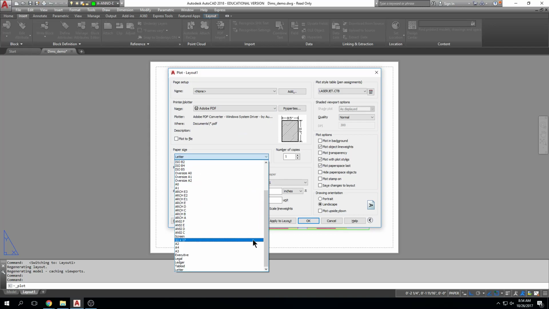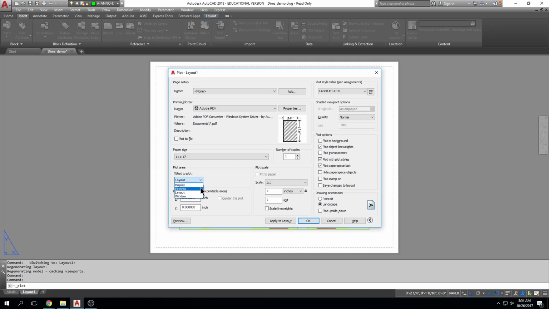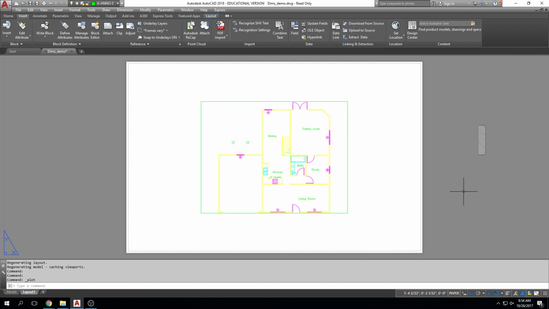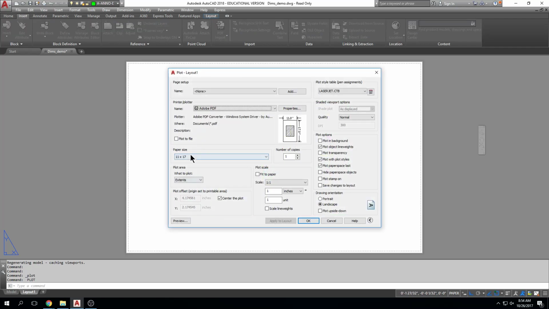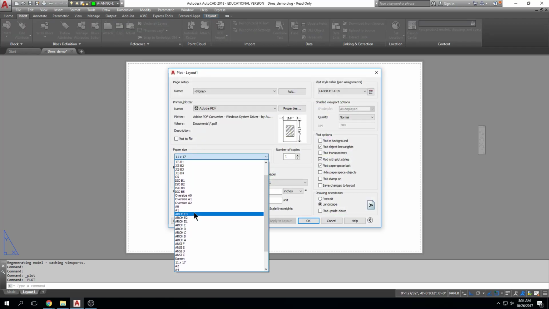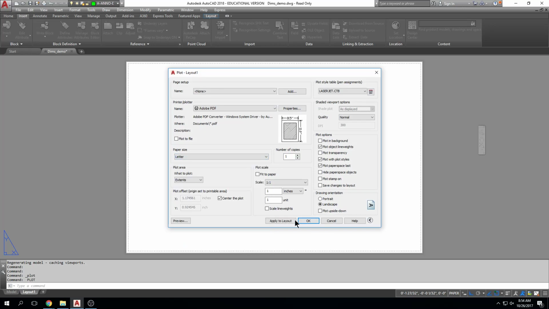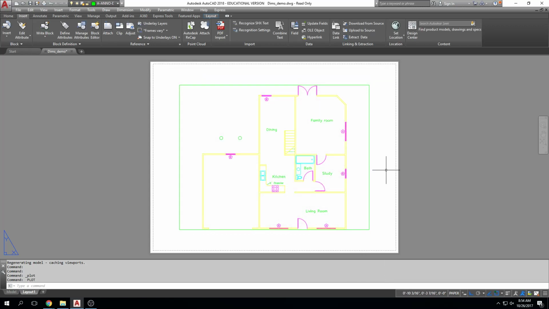11 by 17. I'm going to do extents here, center the plot. Okay, so I have, oh wait, sorry. I don't know why I did that. I need more coffee this morning. Okay, apply to layout. Okay, so it is 8.5 by 11, right? To use my title block, and this is valid in any drawing that you open,